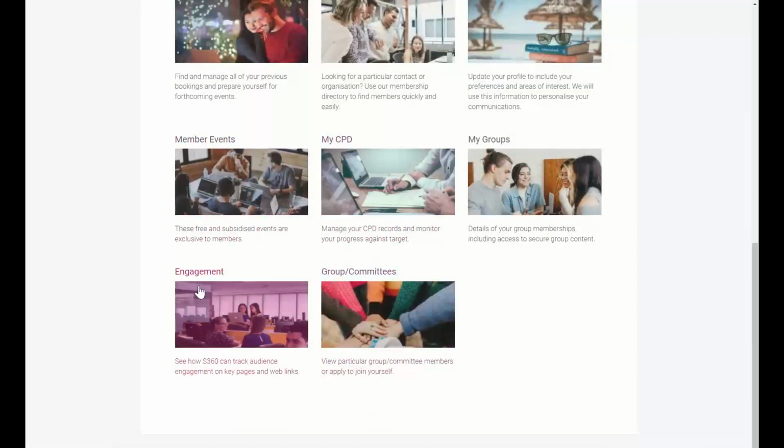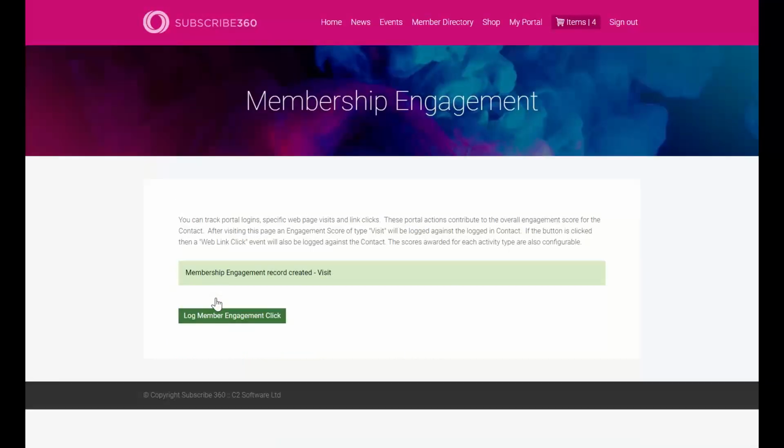And in the portal, we have a dummy page set up, which tracks people logging into the page, but it also contains a link that they can click on. Obviously, the visit the page engagement can be applied to any page in the portal, and the clicked on a link engagement can be assigned to different links on your page. But the system will record the fact that I have visited this page and award me a score for it, but I'm also going to click on this link, which is represented as a button. Click on that, and now if I go back into the database,